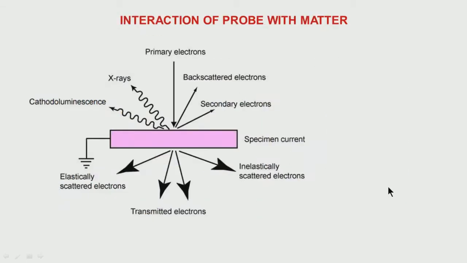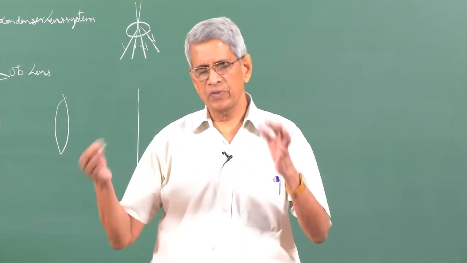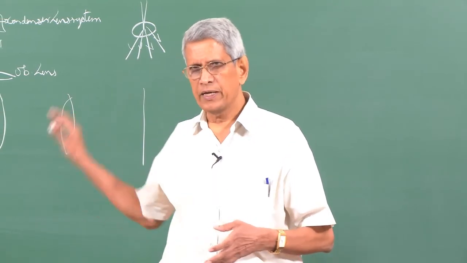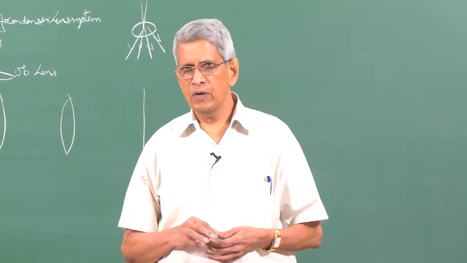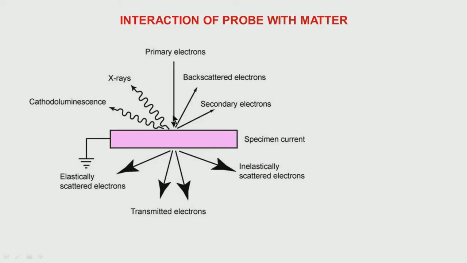So far we have talked about the gun. For the condenser lens system, I had just shown that two lenses are used, or sometimes three lenses, to make a uniform beam fall on the sample surface. But when that electron beam falls onto the sample surface, the type of information which we require is most important to construct a microscope. So, let us look at the types of beam interaction.